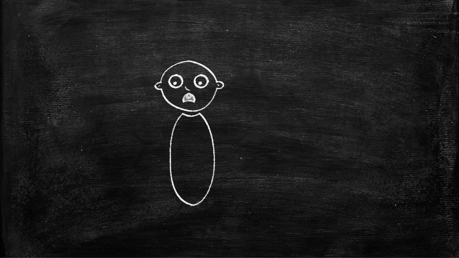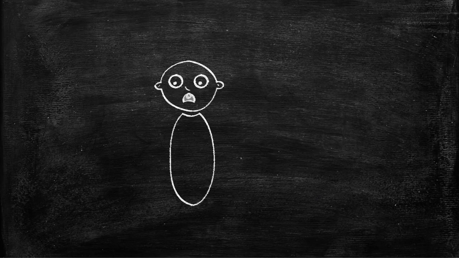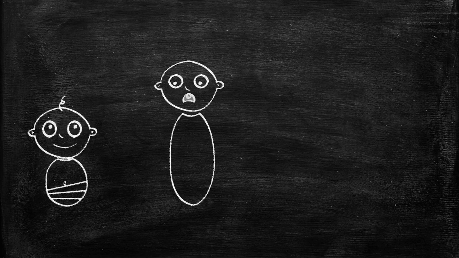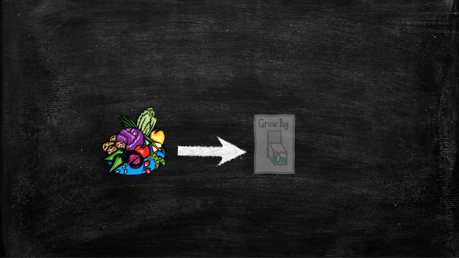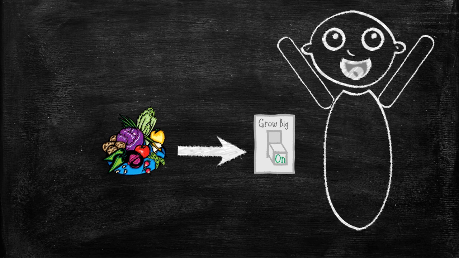Bigger people require more food each day, so by not growing so big, the child was less likely to starve before getting to adulthood. They might be on the smaller side as an adult, but at least they're alive, and because they're small, they're more likely to survive in a time of scarcity. That smaller adult may, in the due course of time, have children of their own, and the famine ends, and so those children are born into a country where there's plenty of food and they're well fed. Those children's bodies in turn note that they're not hungry and so can use a lot of food on growing. Their grow big switch doesn't get toggled off, and they can end up being quite a bit larger than their